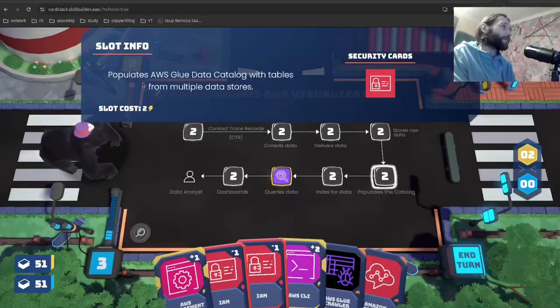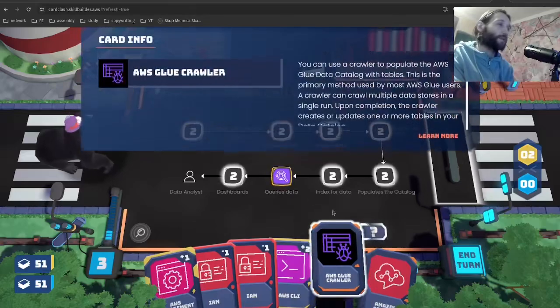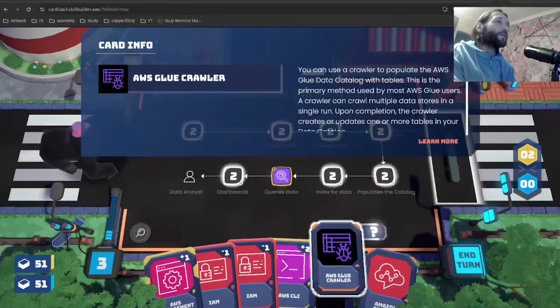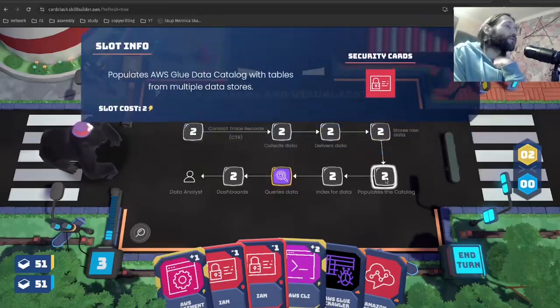Populates the AWS Glue Data Catalog with tables from multiple data stores. Okay, so what does a Glue crawler do? You can use a crawler to populate the AWS Glue Data Catalog with tables. This is the primary method used by AWS Glue users. A crawler can crawl multiple data stores in a single run. Upon completion, the crawler creates or updates one or more tables in your Data Catalog. Okay, so that will be our Glue